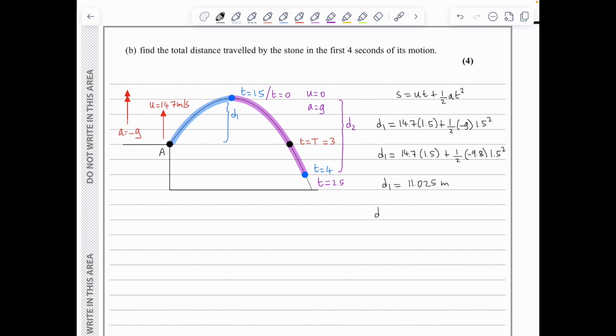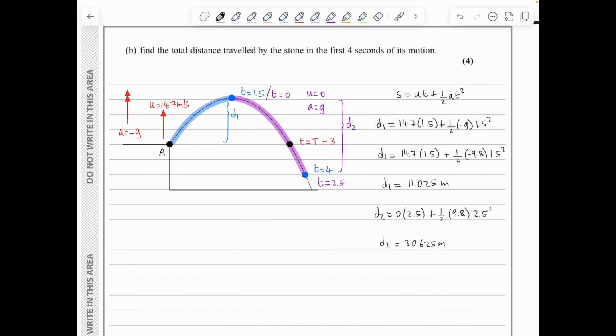Now for d2, I will be using again s = ut + ½at². However, u is going to be 0, t is going to be 2.5, and the acceleration will be g. So we are looking at 0 times 2.5 plus a half times g, which is 9.8, times the time, which is 2.5 raised to the power of 2. This gives an answer for d2 of